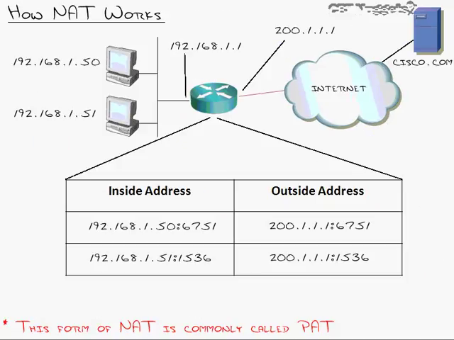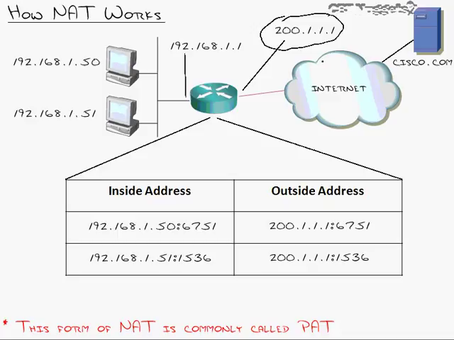Now let's get a perspective on how NAT works. And when you see this, I think you're going to be thinking, genius. This is just a brilliant idea to make this thing happen. But to understand NAT truly, you need to understand TCP source ports and destination ports and that kind of thing. So here's the idea. We've got multiple computers inside of our networks. 192.168.1.50, 51, maybe there's 52, maybe there's 100 different computers inside of our network that are all wanting to access the internet. But we only have one valid internet address over here,